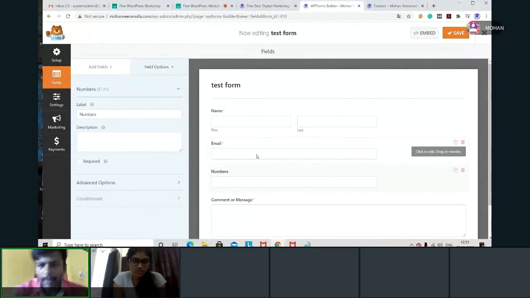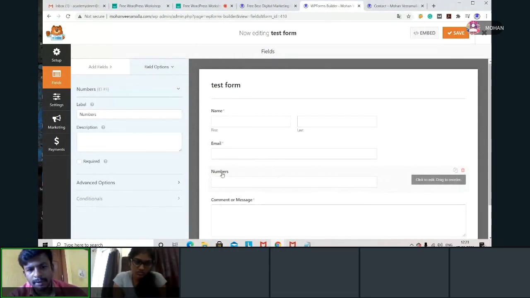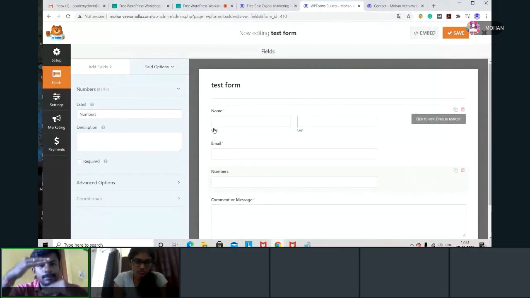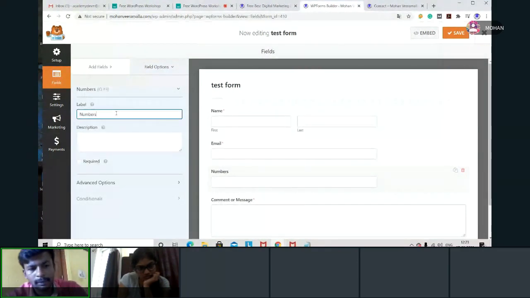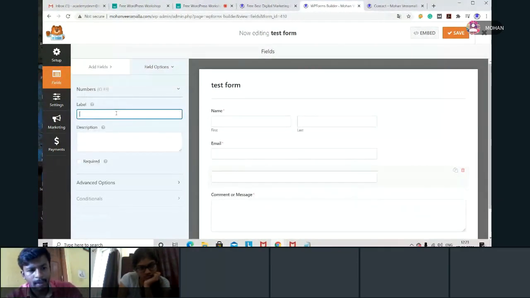Yes. Now, just now we added number. Now I don't want this number to show on top of the box. I want to show this one inside the box. Why? If I show it this way, I can reduce the space of the form. At the same time, it will look nice. So what I will do, I'll remove these numbers from here, and